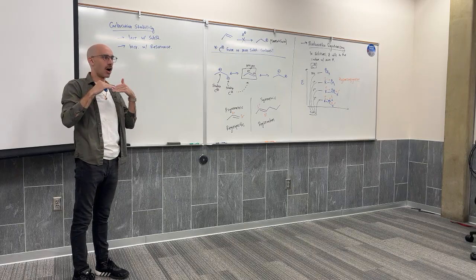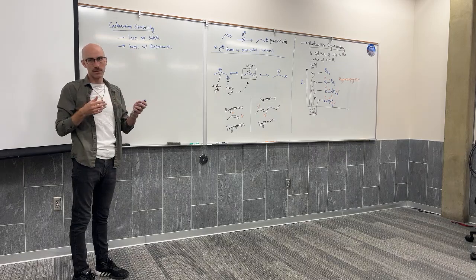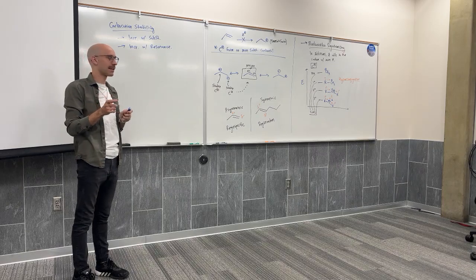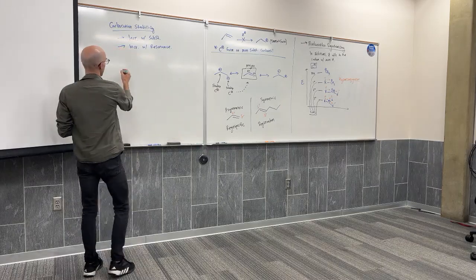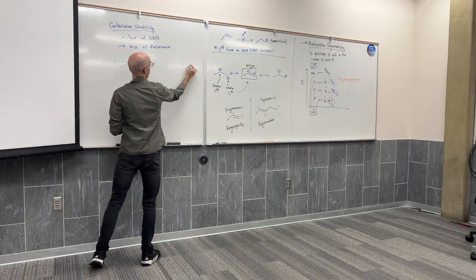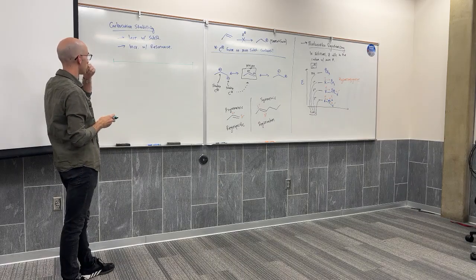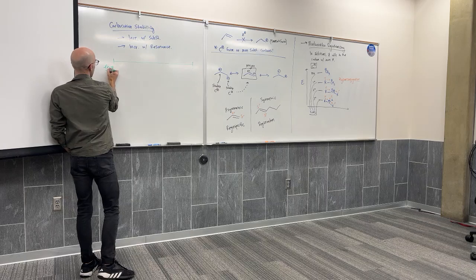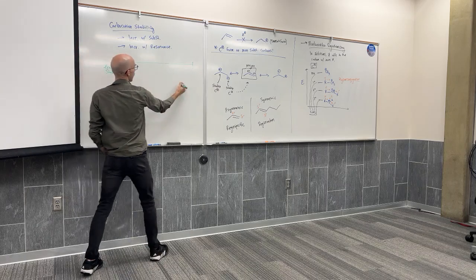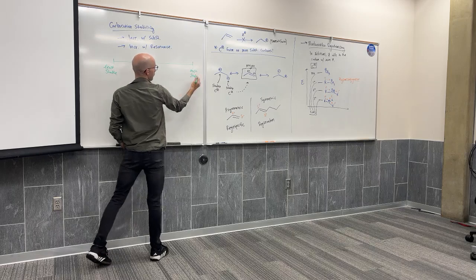The thing is, in our class, we're not going to see resonance stabilization quite as much. We might in a couple of weeks towards the end of the semester, but resonance stabilization becomes a big role in OChem 2. So if I were to say the least stable carbocation here on the left and the most stable carbocation here on the right,